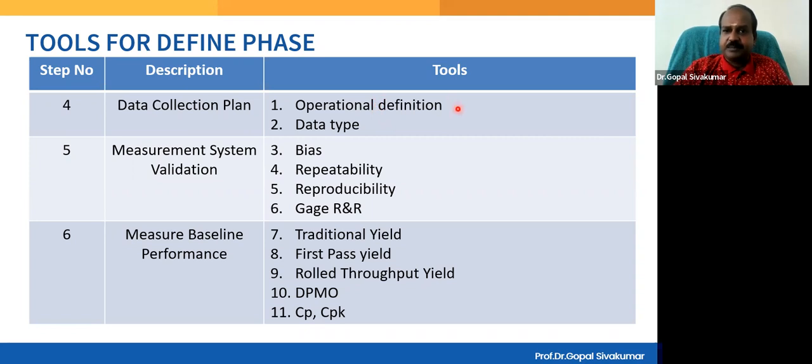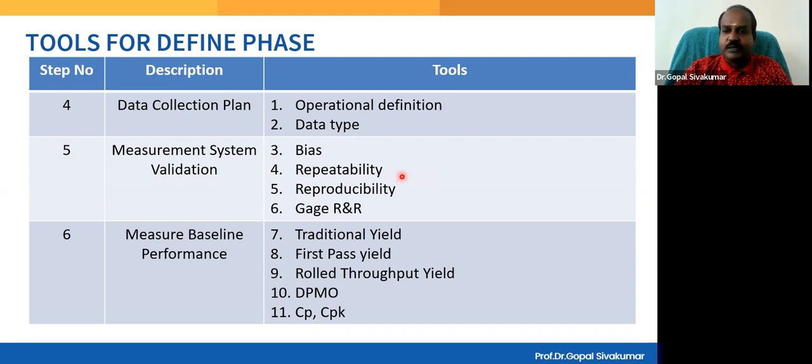Operational definition. The instruction that you are providing should never create ambiguity. Anything you speak, people should understand in the same manner. If there are 10 people listening to you, they understand in 10 different ways, which means you don't have a proper operational definition, right? And then measurement system validation, bias, deviation from the true value,